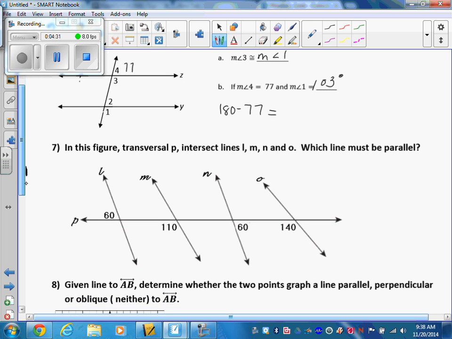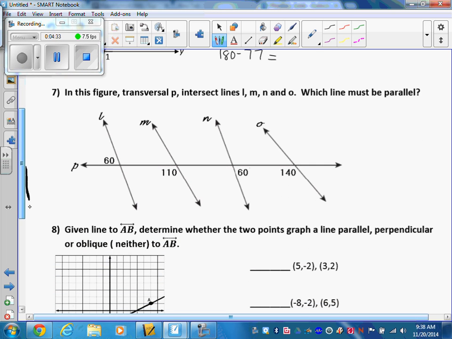Okay, now we have this challenging one here. In this figure, we have lots and lots of lines there. And so our job is to see which lines must be parallel. Well, in order to do that, I'm going to fill in some more numbers here using what I know about angles. This has to be one